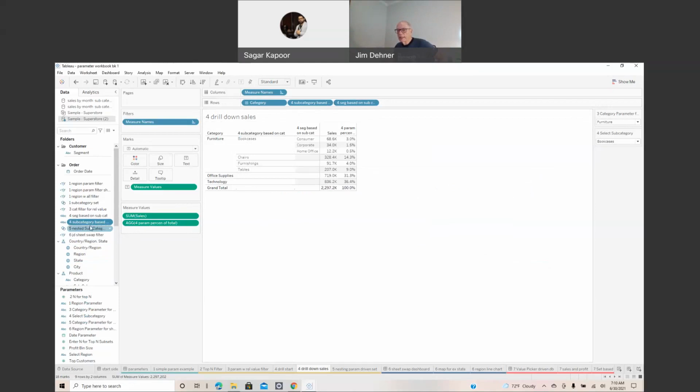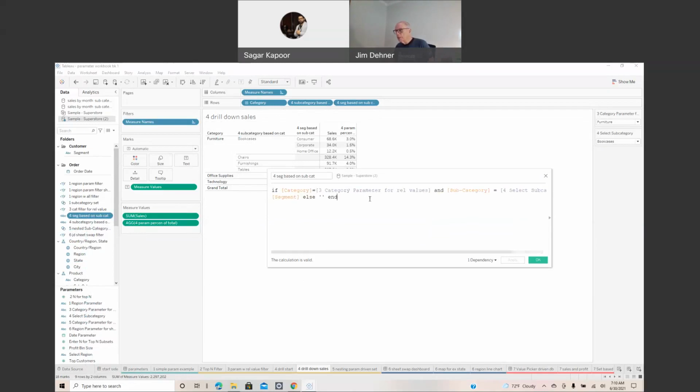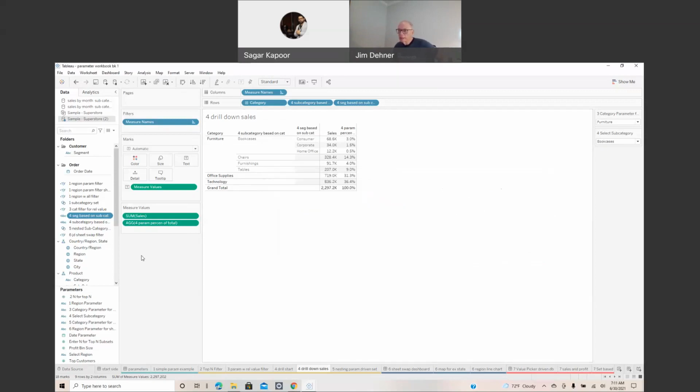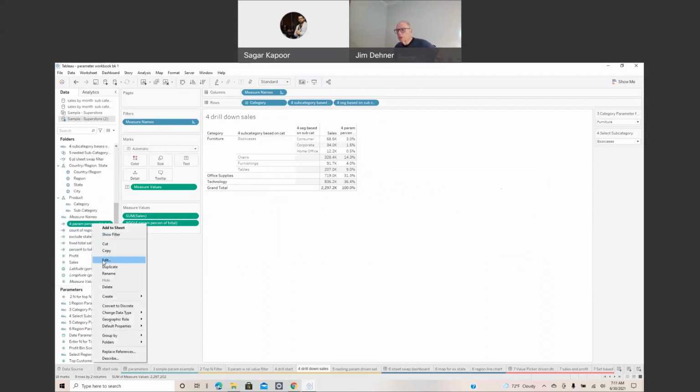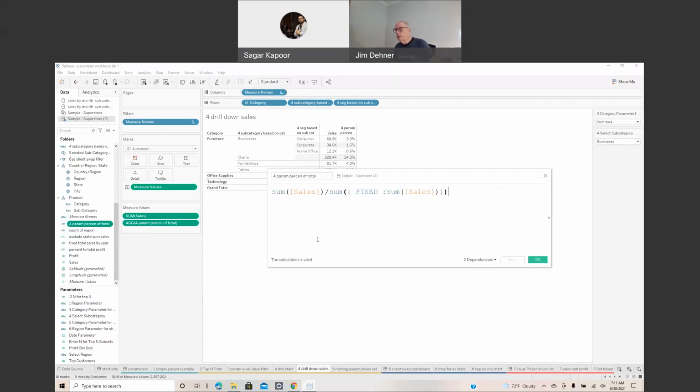And likewise, I'm going to create a second calculation. And this one's just slightly more involved. This involves both parameters. And this is if the category equals the category parameter, and if the subcategory equals the subcategory parameter, then include the segment or a blank if it doesn't. And then I've got one more calculation in here, which is just a simple LOD to calculate the percent of total. And that's going to calculate this value over here. This is just the sum of sales divided by the total value, or in our case, that $2.2 million or